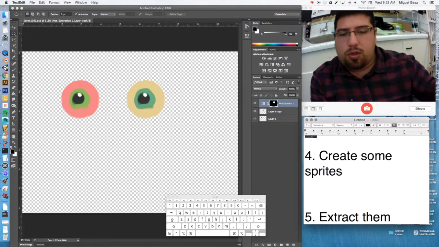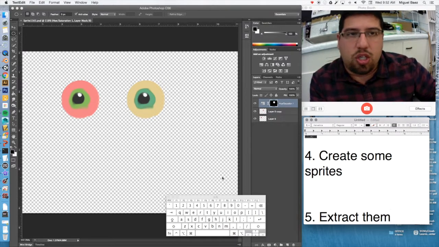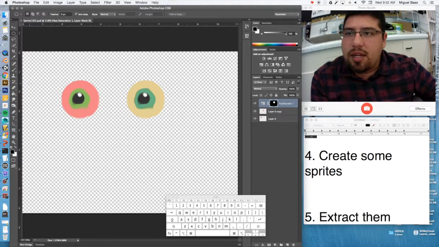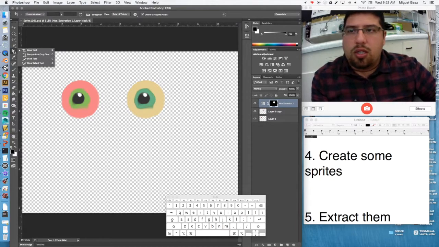So what we're gonna do with extracting the sprites is I'm actually gonna use this really cool thing called a slicer. So underneath the crop tool, you gotta press and hold it down. So you press and hold the mouse button down. You wanna go to the slice tool. So it's this X-Acto knife, and the way it works is you just select the shape that